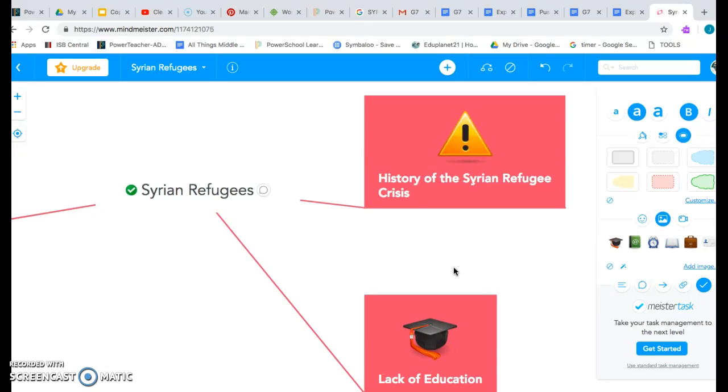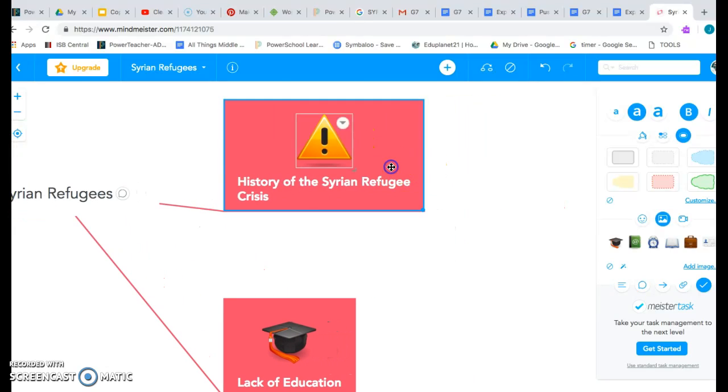Now, like I said, you can have tertiary topics. So with the history of the Syrian refugee crisis, you can also talk specifically about maybe the Assad regime, which is the presidency that has forced a lot of these people out. So if I am clicked in this box, it'll have a blue border around it, which means this is clicked. I can click the plus sign, and it gives me a tertiary box. So I can say Assad regime,